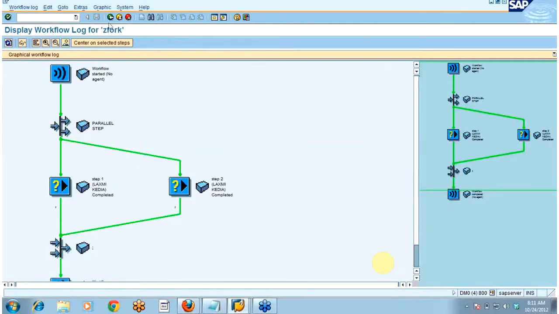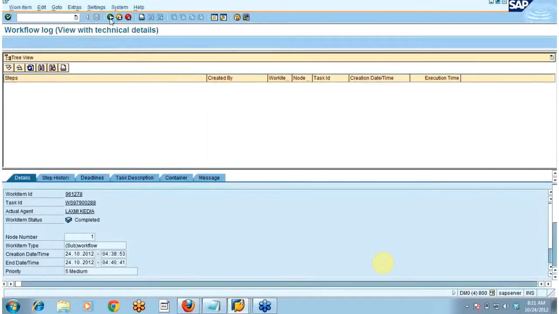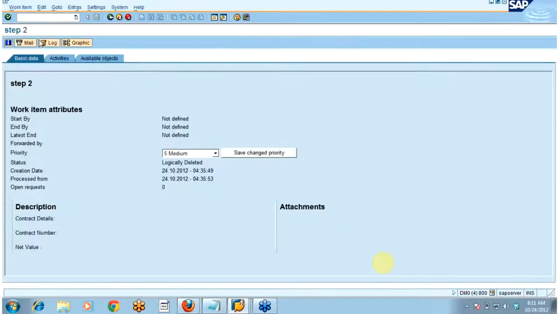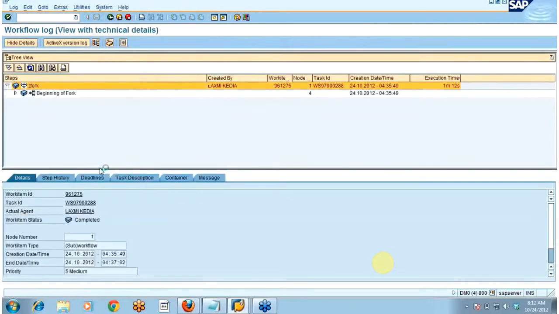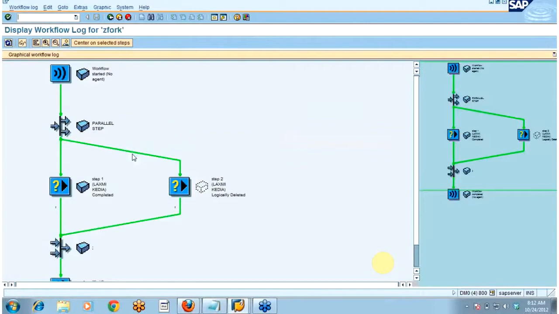Now I will see the previous log, in which the necessary branches was 1. Here the necessary branches was 2. I think this one it is. You can see here, first this step 1 was completed by me, and the second, you can see the status, logically deleted.